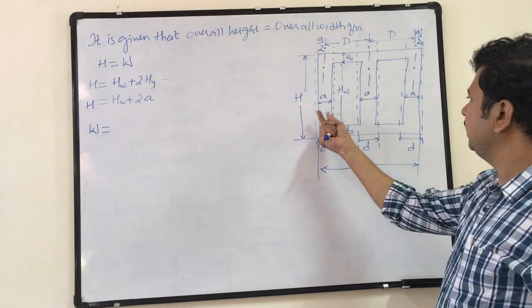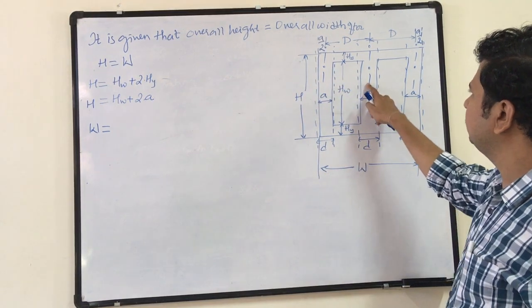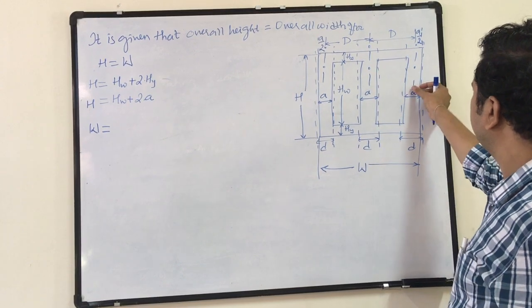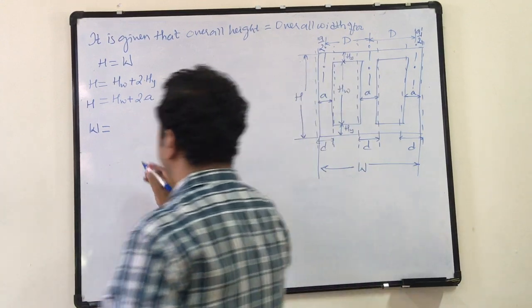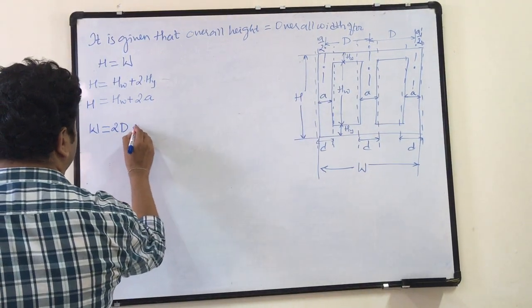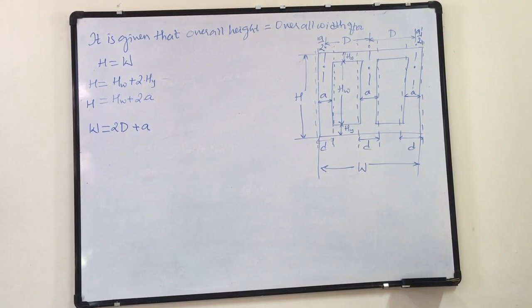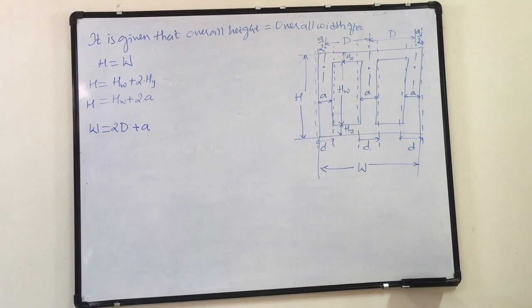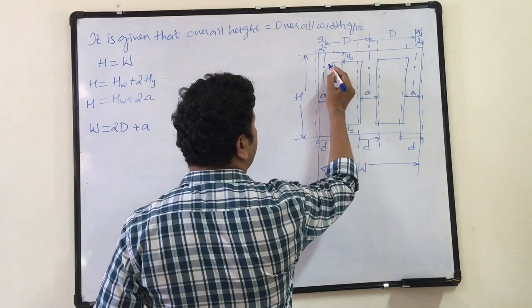Okay. So A by 2, half of the A here, plus center of this core to center of this core is D, plus center of this core to center of this core is D, again half of A. So it is 2D plus A. It is 2 into D plus A. But D is what? In the last example, D was given in terms of A, but it is not given here. But I can find out this. So what is this D?